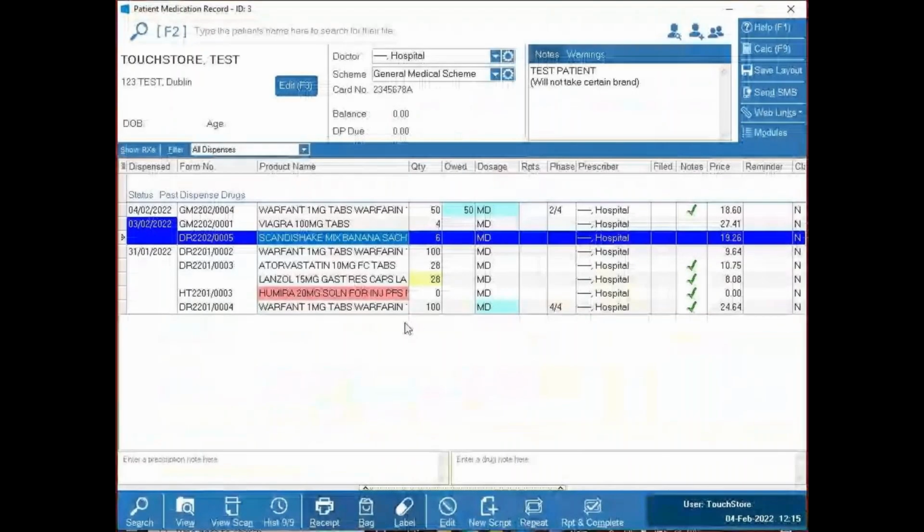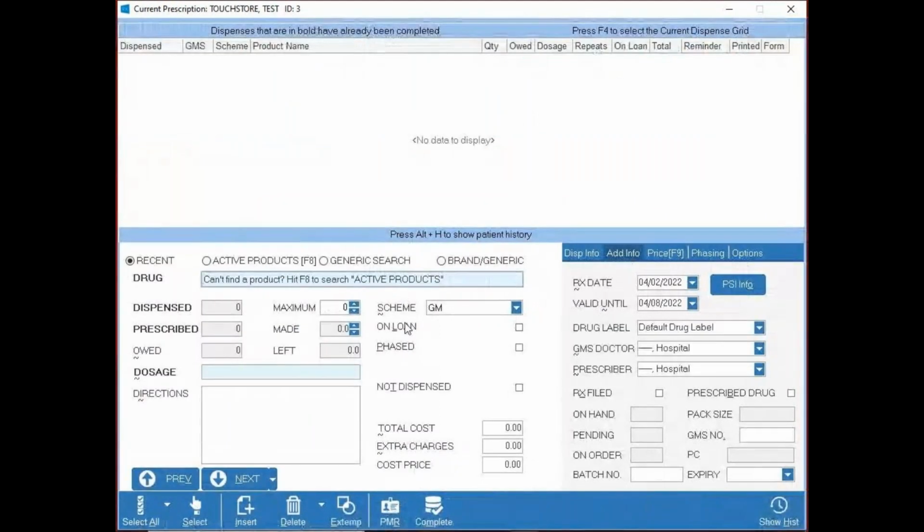No bother at all. One thing, I know it's probably more of a nice to have, and you probably won't get them often, but extemporaneous items are very easy to do in this, and I know they're an absolute heartache in the other ones. So if I do a new dispense, we have an extemp button here in the bottom left. If I click on that,